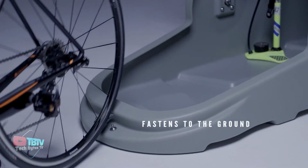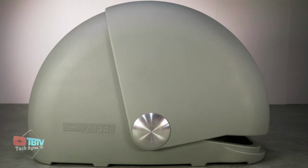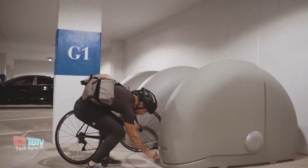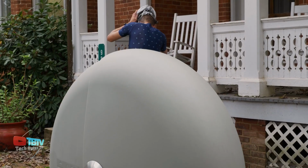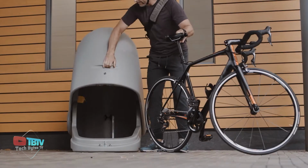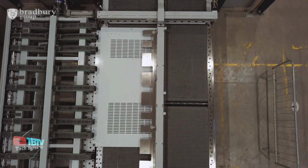The simple yet elegant semicircular design not only adds an attractive aesthetic touch, but also blends harmoniously into any environment, whether you place it in front of your home, in your garage, or in public spaces. In addition to providing a secure home for your bike, the Alpine Bike Capsule becomes a functional and aesthetically pleasing part of your environment. Its ability to accommodate most bikes and accessories makes it a versatile choice for cyclists of all kinds. Leaving this superbike security system behind, let's get to know one of the leading companies in the security